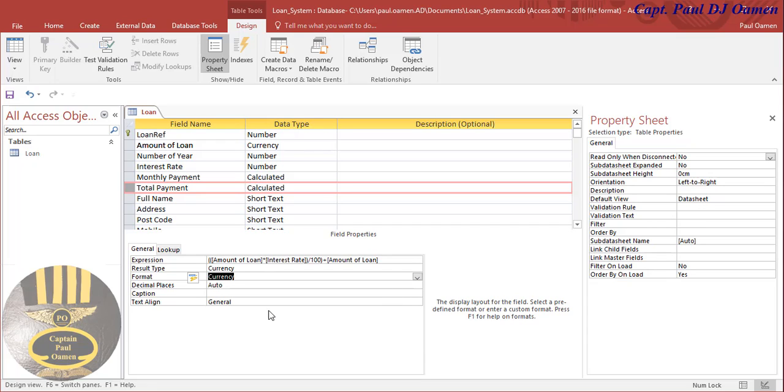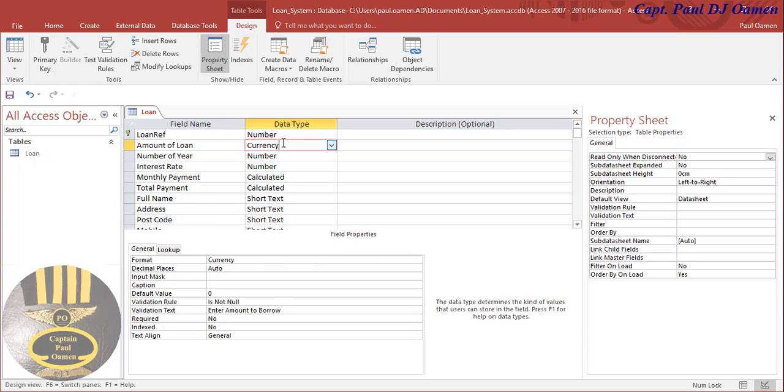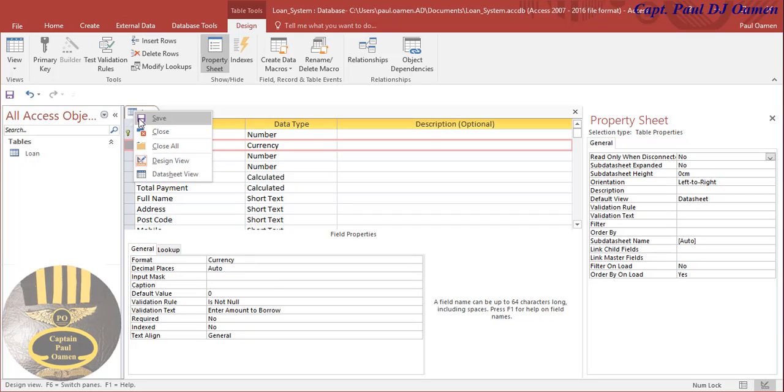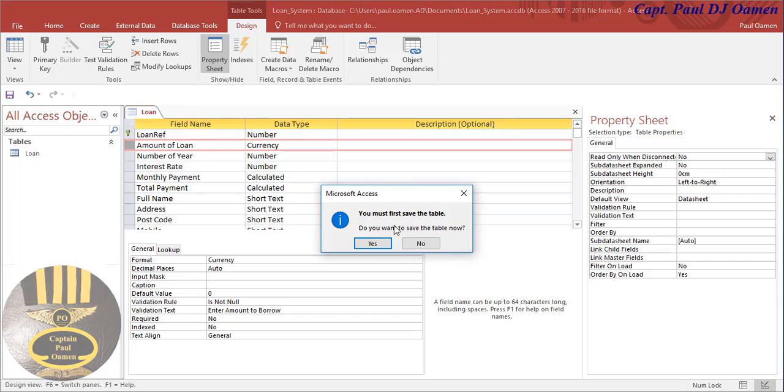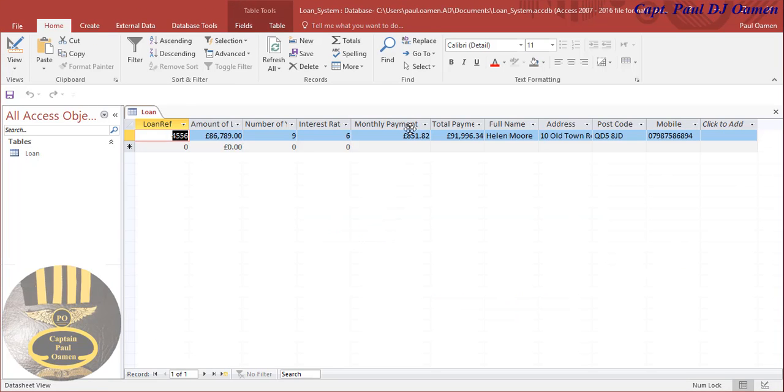Yeah, that's what I want. Okay, that's taken care of. Now let's see here, do we have currency there? We do have currency there. Right, so that is fine. So right click and let's check how the, yeah, that's fine now. Okay, the next thing I want to do now is I'm going to create a table,